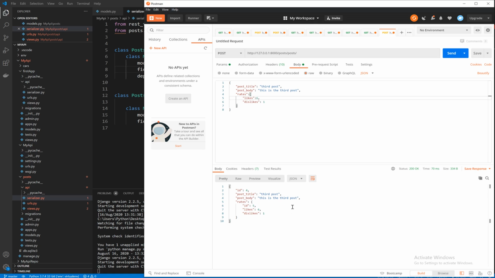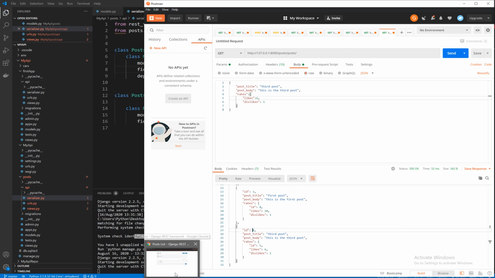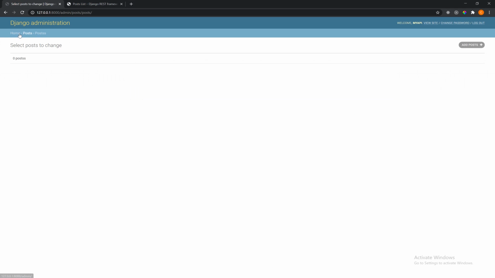What one-to-one does is, for example, let's perform a GET request. So I'll explain something to you here. Now we have 3 objects here. For example, the one-to-one relationship doesn't allow me to assign this object with the ID 5 to any other object except the post with the ID 4. And if we go to the admin panel now, just to demonstrate that, for example, if I go here to posts,